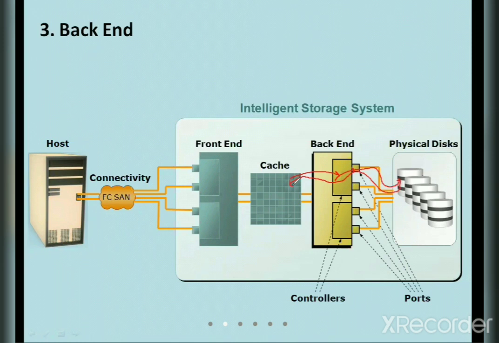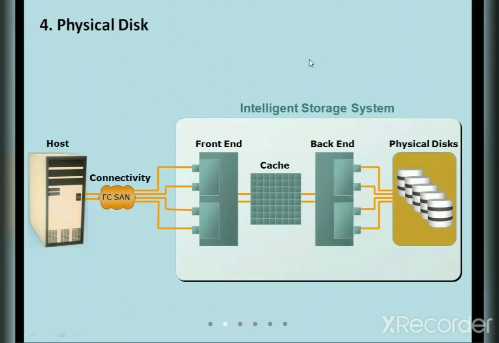And these backend controllers, or I can say these ports, help to maintain the functionality. They make sure that there is no loss of data and that the performance and availability requirements are met for the users, right? Afterwards, the last one, as we have seen, is the physical disk. Please make sure these physical disks are nothing but